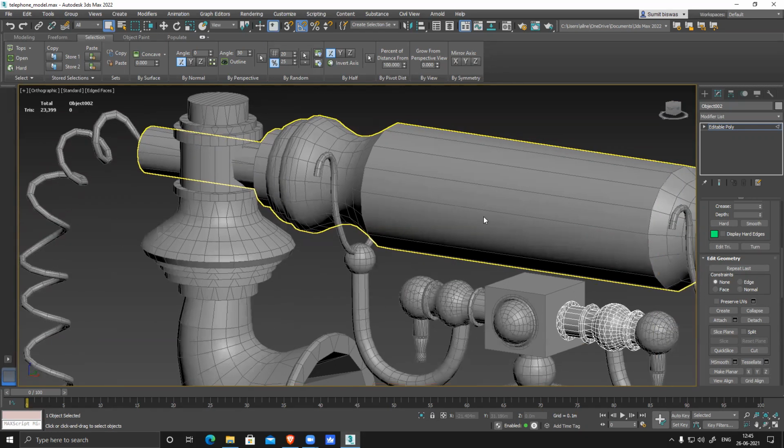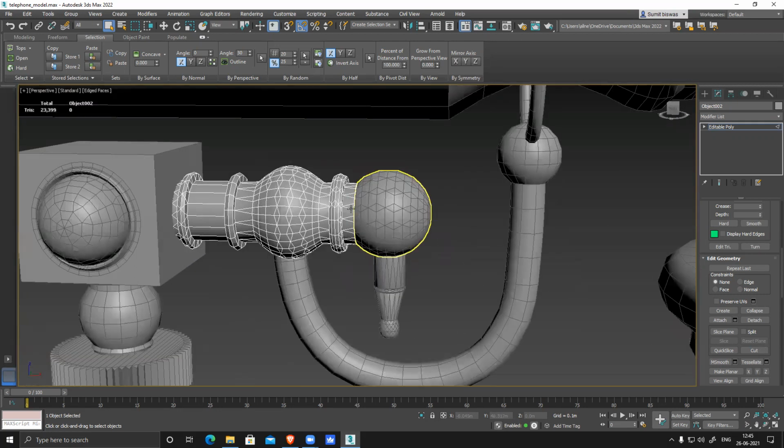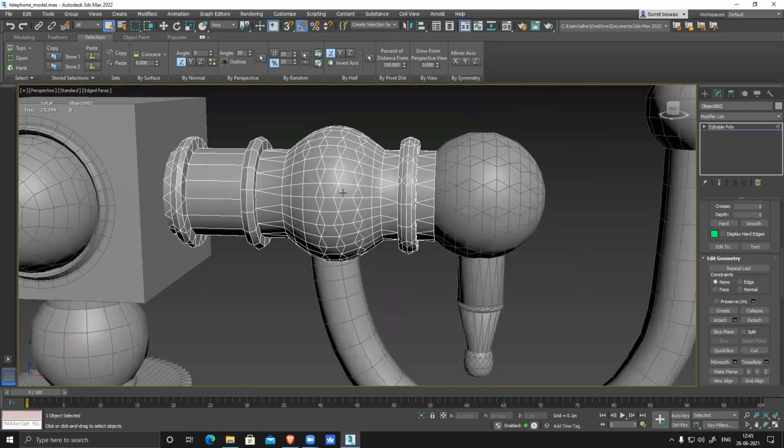Overall, the process you're following is absolutely correct. No problem at all. Just double check. It should be one single geometry, all straight lines, clean lines, and this is fine.